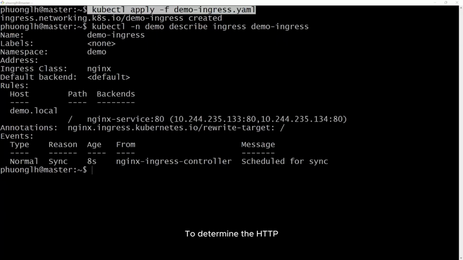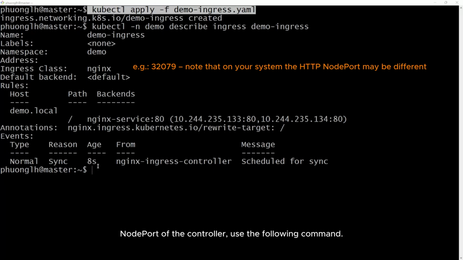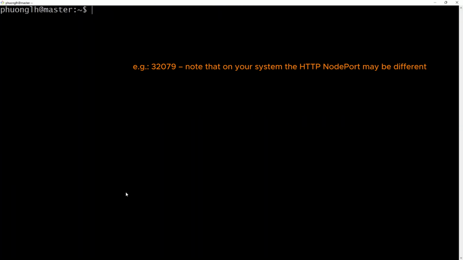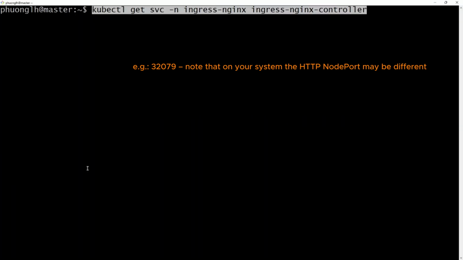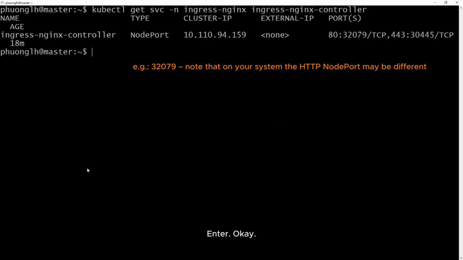To determine the HTTP node port of the controller, use the following command. Enter. Okay.